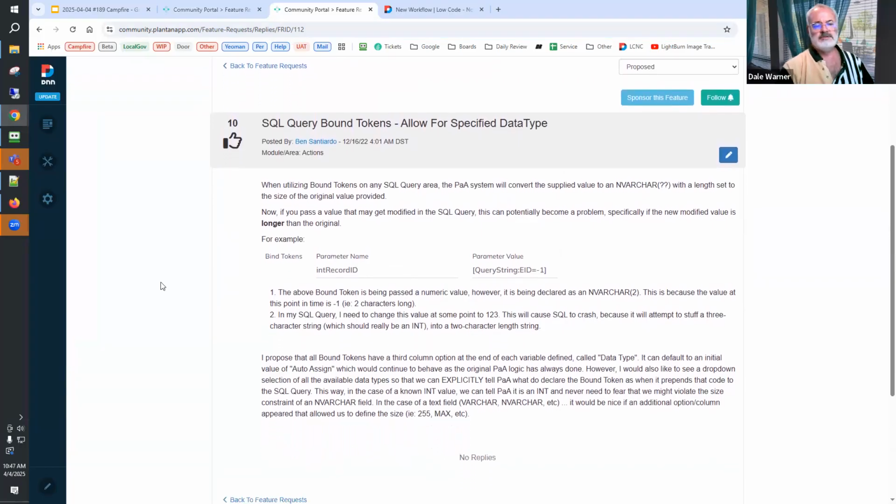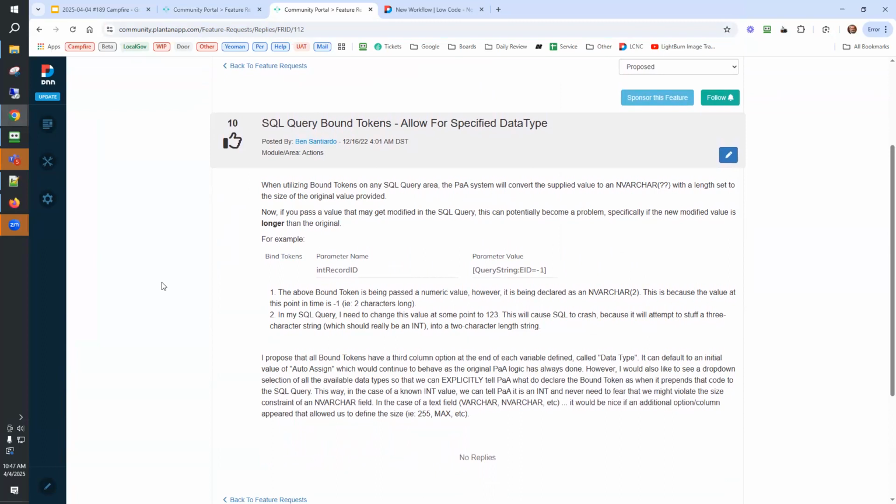Specified data type in SQL queries. Yeah, so this one was basically because what I've noticed is that when you're binding tokens to SQL queries, they're always coming in as a varchar of whatever the length of the original data that went in is. So for example, if the data coming in was "my field", then you're going to get a varchar 7.